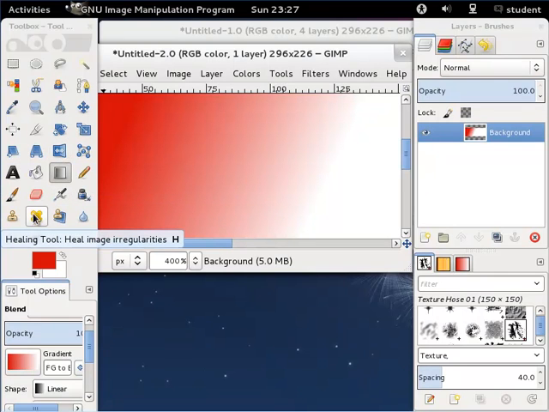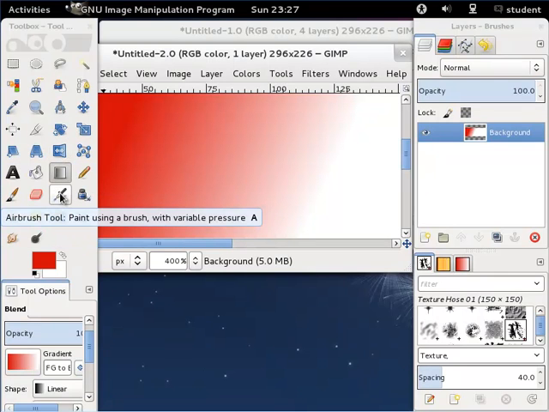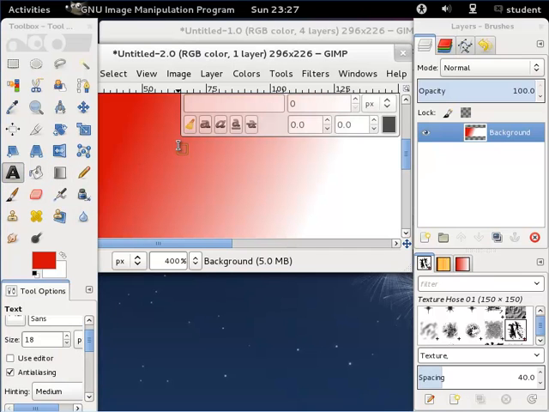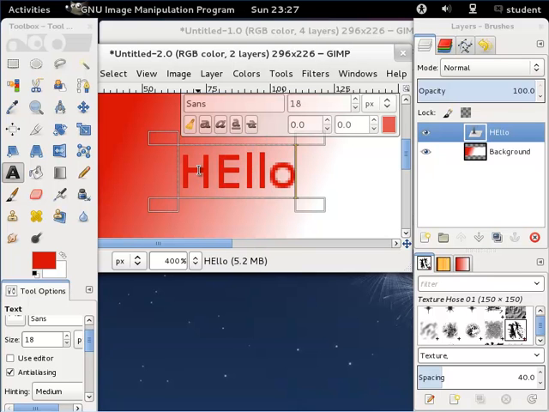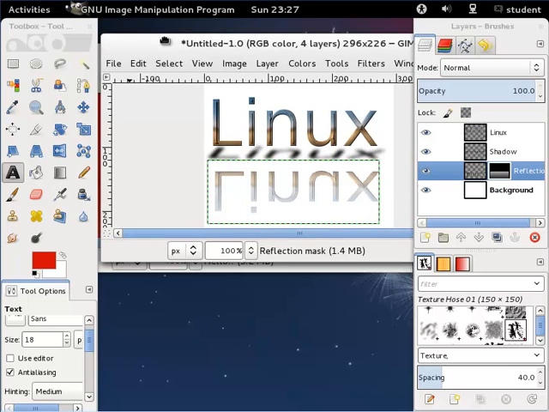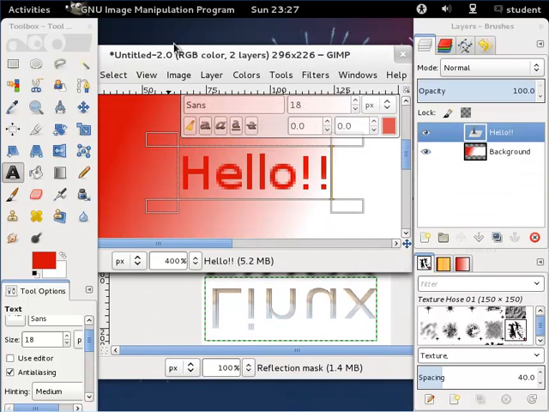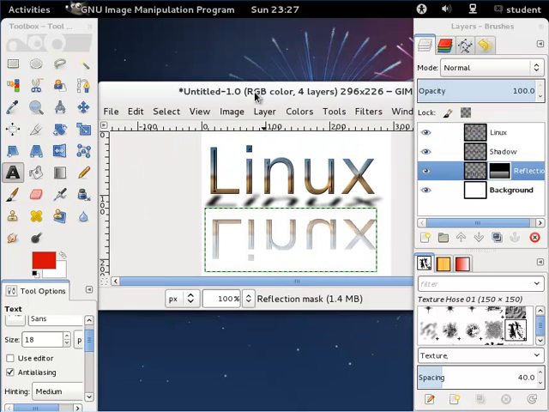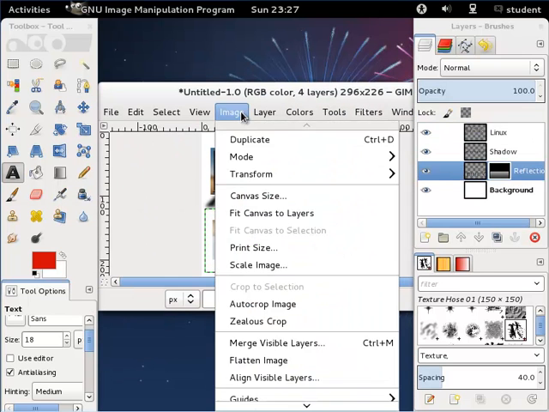In addition to that, besides the eraser, which I already showed off, airbrushing, etc. Oh yeah, I can also do text in here. And then, like, hello. All right. Do something like that, for instance. But besides all that, and there's a lot of stuff there, as you can see. I'm not trying to do great art in this thing, just showing off some of the features. But besides all that, you also got